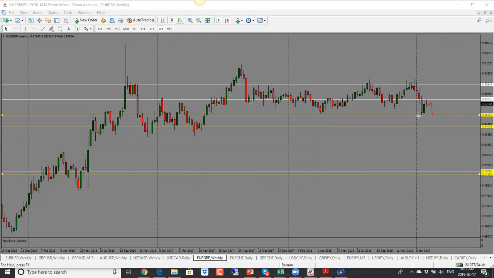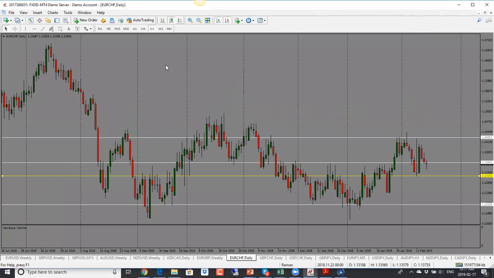So in this case, we could get something like this. Price comes in, tests the bottom, and then we'll have to see if it's able to break through, because this is also a strong support resistance level. And if it does break, then we will look for this. But first target here is 0.8600. So Euro Pound right now, with these two pins there, tweezer top here, looks bearish at the moment.